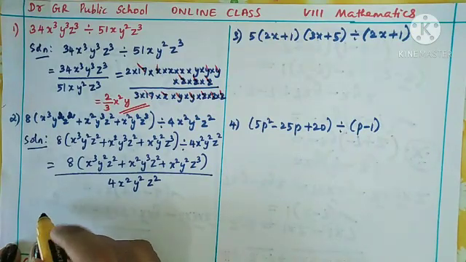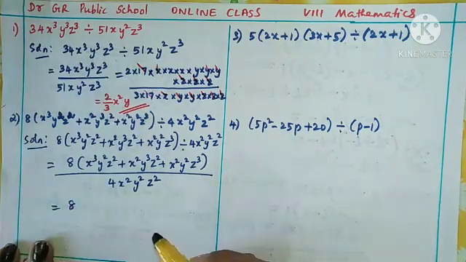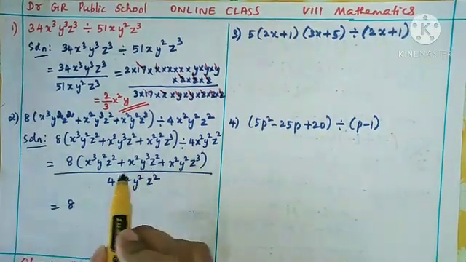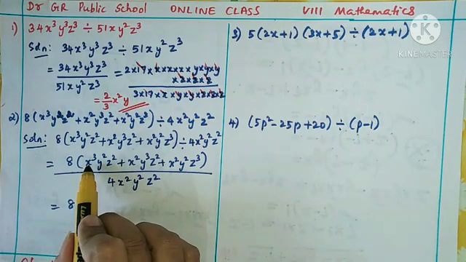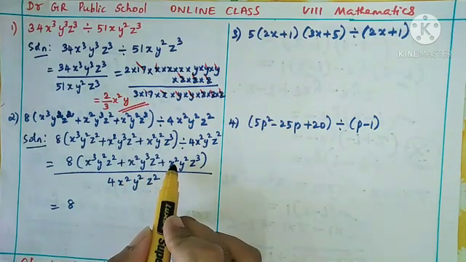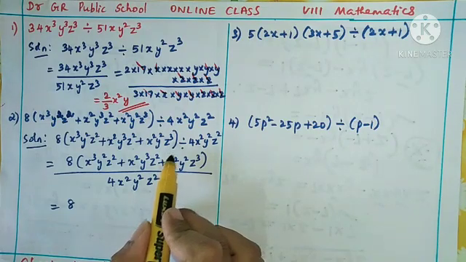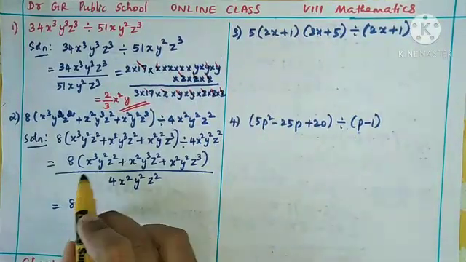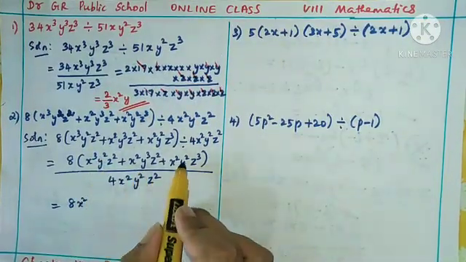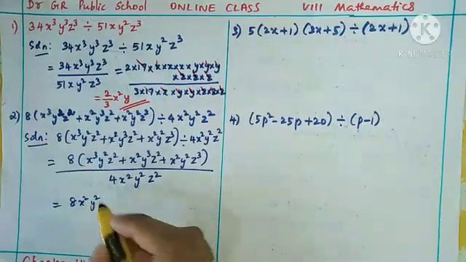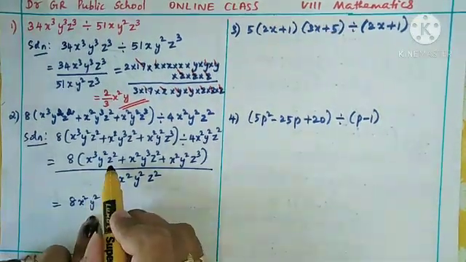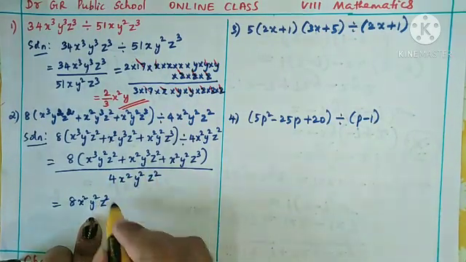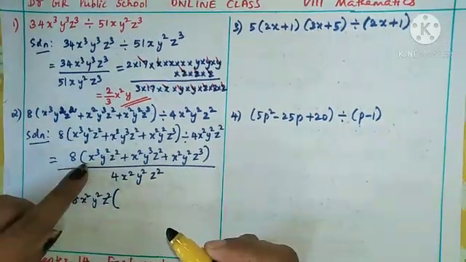So this is equal to 8 into, yes, from this x you see the lowest power is the common term here. So x cube, here x is 3 times, here 2 times, here 2 times. So we can take this x square as common term, write it outside. Now come to y term, y square, here y cube, here y square. So y square is common, the least power. Then z square you see, z square, z cube. So there also z square is common. Now open the bracket and write the remaining terms.